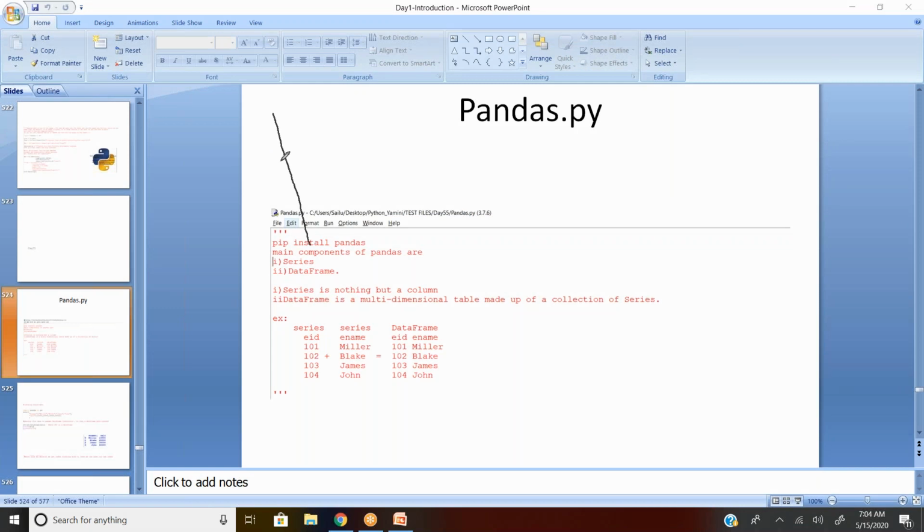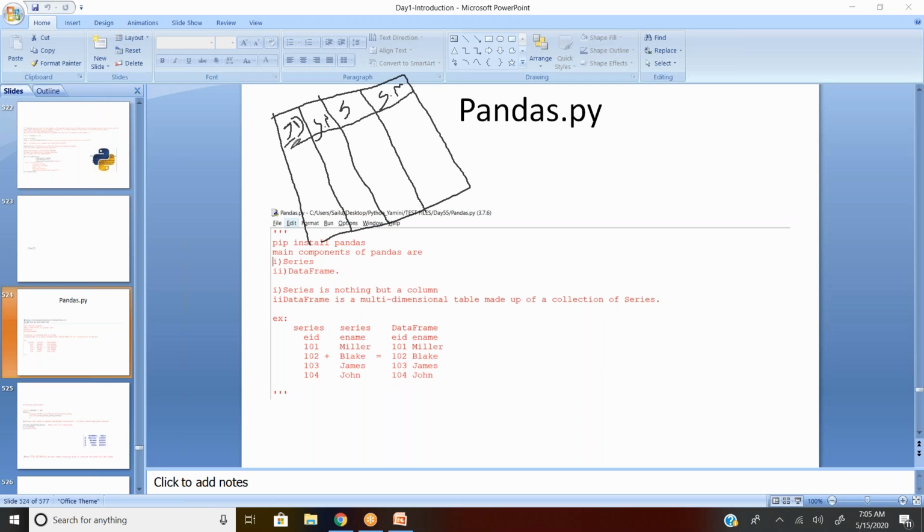So if I have an Excel like this, my first column is going to be student ID. I'm not writing in Chinese, I'm writing in English. And the second one is student name. The third column is the status, whether the student passed or failed, yes or no. And the fourth one is student marks.